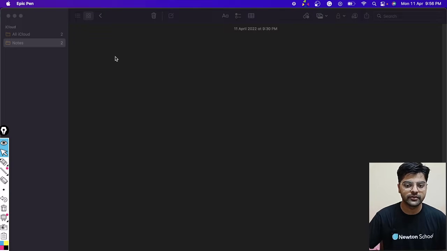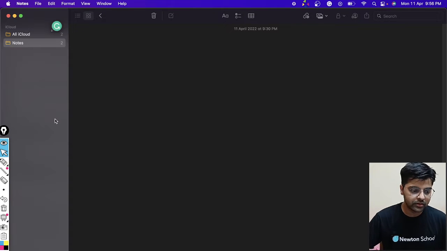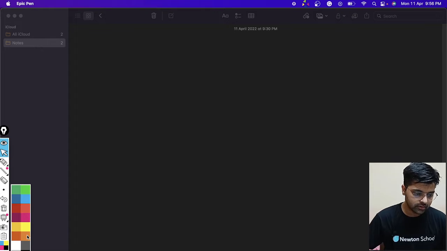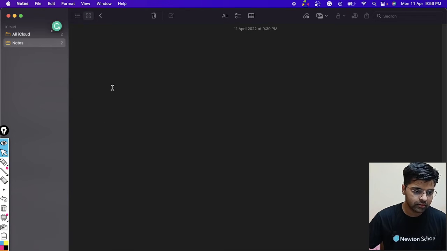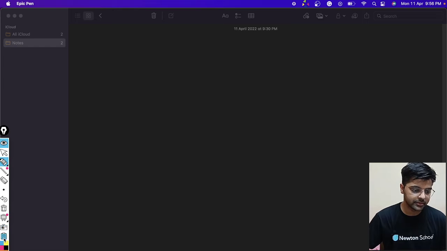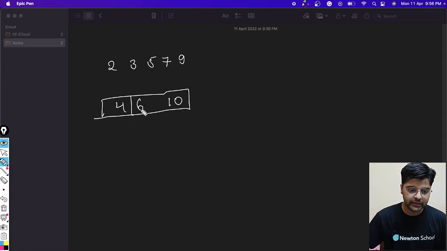Let's say we have two arrays. Okay, I haven't selected the pencil. So let's say our array is 2 3 5 7 9, and another array is 4 6 and 10. Can you tell me what the median will be?